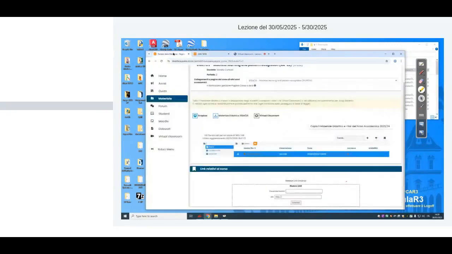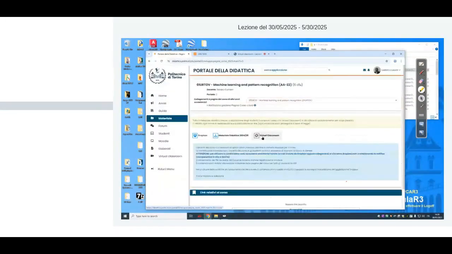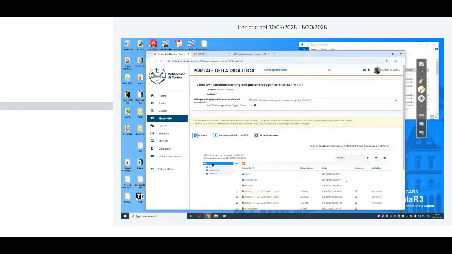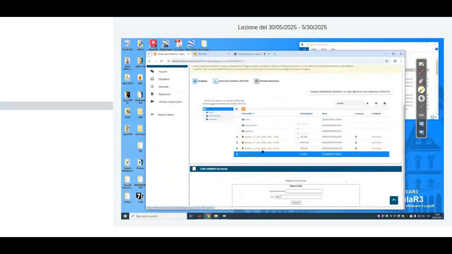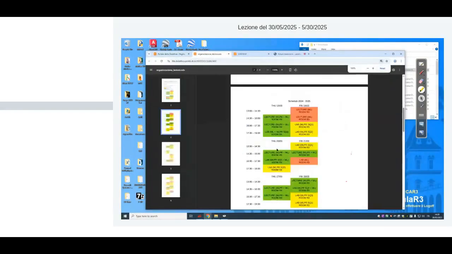Then next week we have Thursday laboratory with you, and then on Friday we'll have laboratory with the other course, and then the last class, which on the portal I saw is written wrongly. I will correct it if I remember this week. It's written wrongly in the sense that here it says